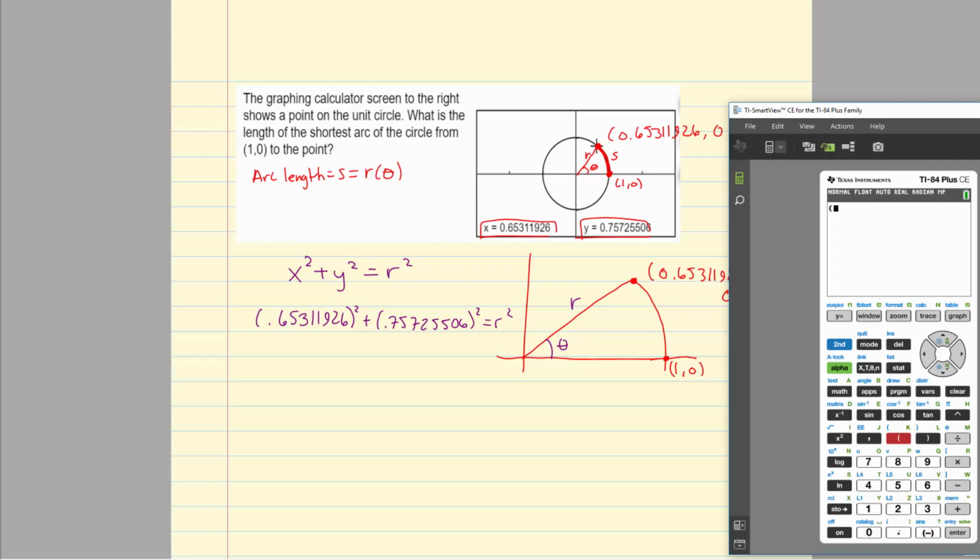So I have 0.65311, and we want to have this in parentheses. It doesn't matter for this particular problem, but if either one of these was a negative x or a negative y, we would have to have it in parentheses when I square it. So this is 0.6531196. So just for consistency's sake, let's go ahead and put parentheses around it. 0.757255506. So I get r squared equals,